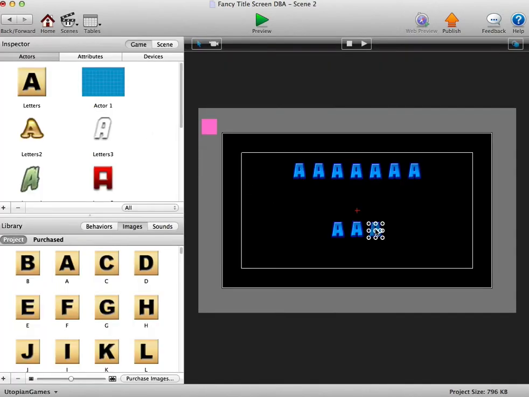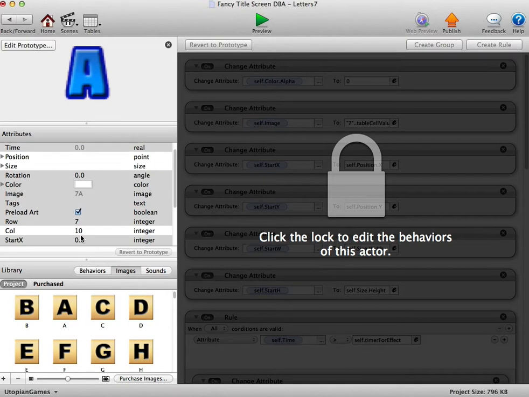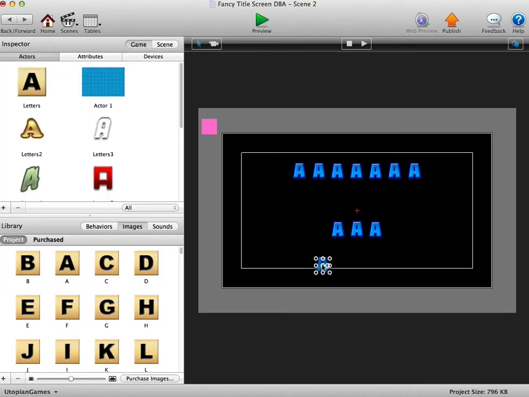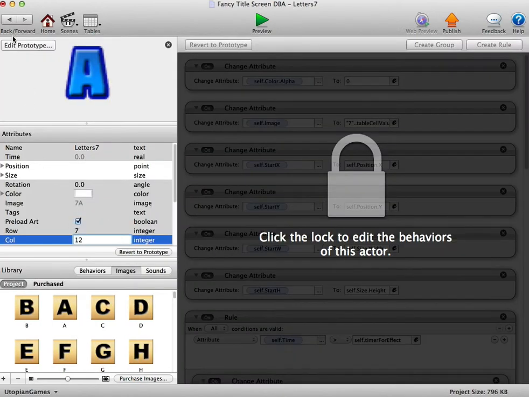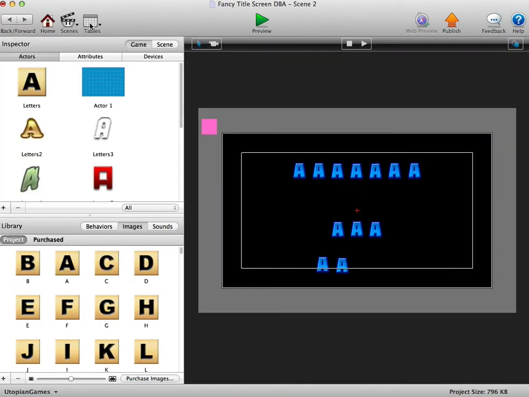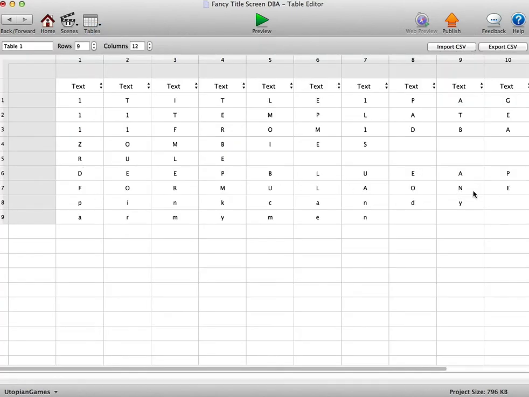Let's just make a copy of this one here, and we'll just move this letter down here, open it up. All you've got to do is change the column 11, make another copy of that, move it over there. You can have more than 12 columns, I've only got 12 set up, but you can have more than that if you want. Then go back to the table where Formula 1 is. You can see here Formula 1,